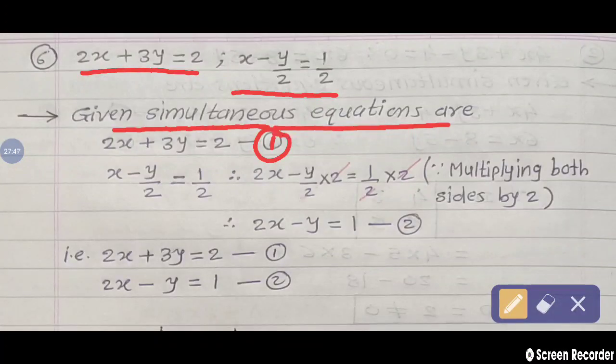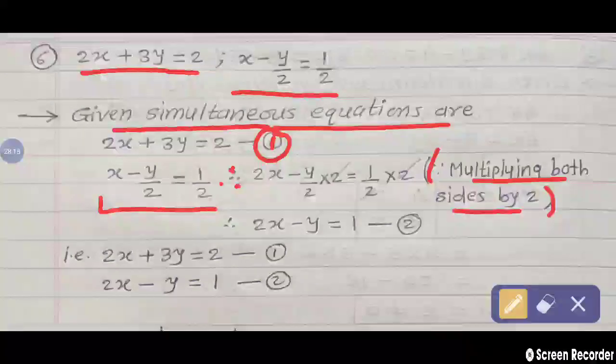But in the second equation, denominator is given to the two terms, y divided by 2, and on the right hand side 1 divided by 2. This 2 is not required here, so multiplying both sides by 2. So I will show that step. Therefore, what is the second equation given? That we write here. Therefore, how to make these two disappear? So multiplying both sides by 2, that reason is given in bracket.